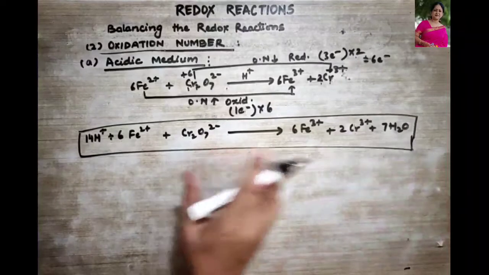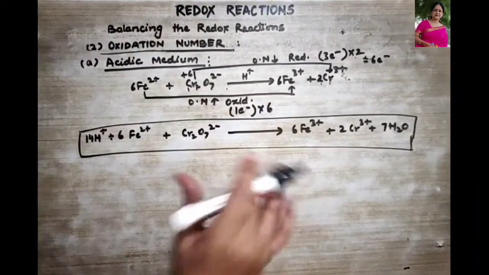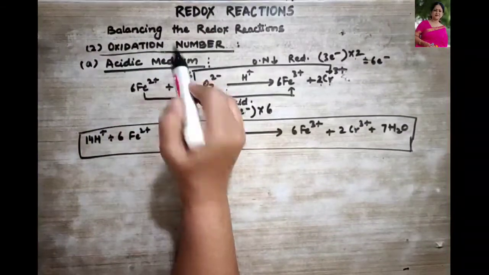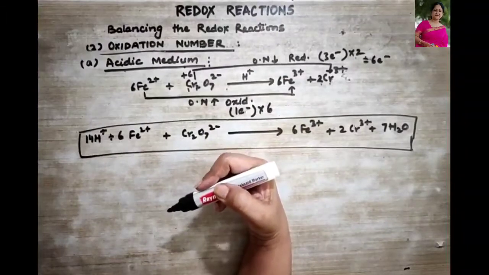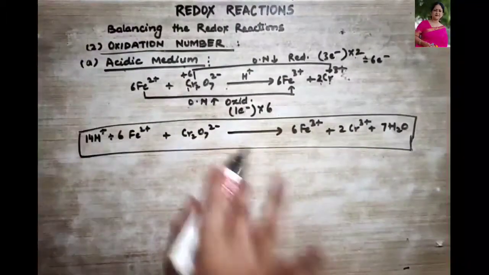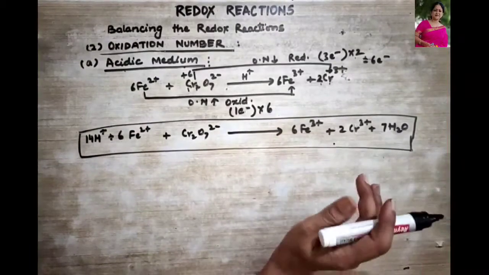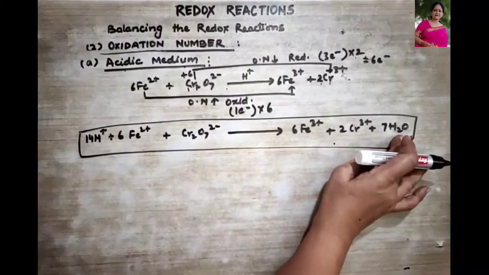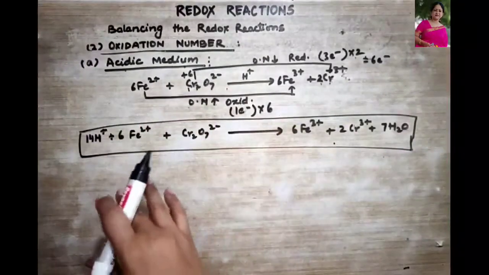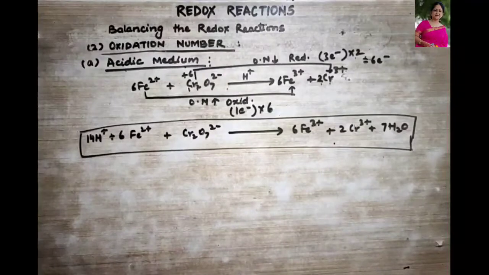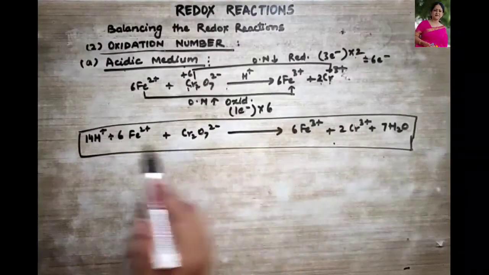Now, to check whether it is actually balanced, let us look at the charge also. So, in your acidic medium, first we balance oxygen and hydrogen, then we check the charge. Whereas in the basic medium, it is just the opposite. Okay, till here everything is clear. But before balancing your hydrogen and oxygen, first we are going to balance the charges, and henceforth oxygen and hydrogen will be balanced. So let us look at the charges on both the sides.